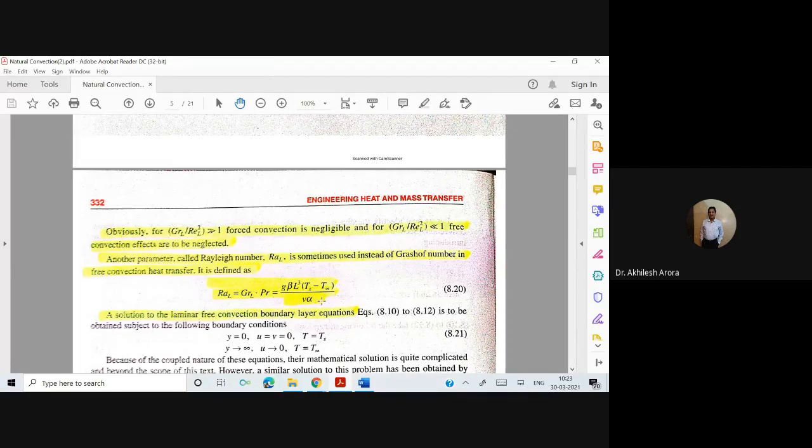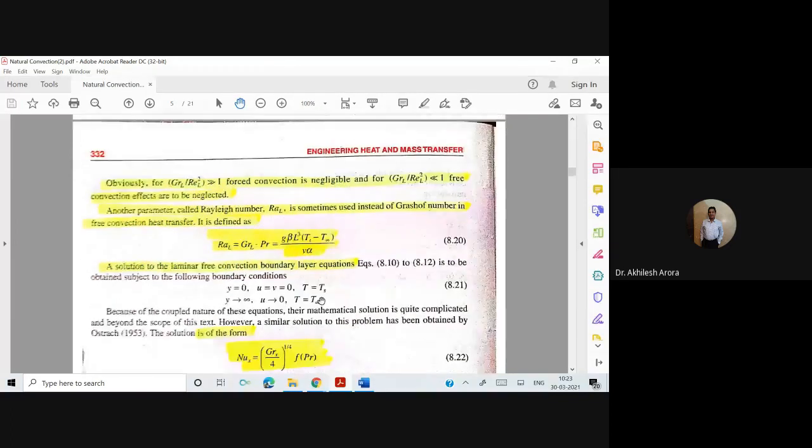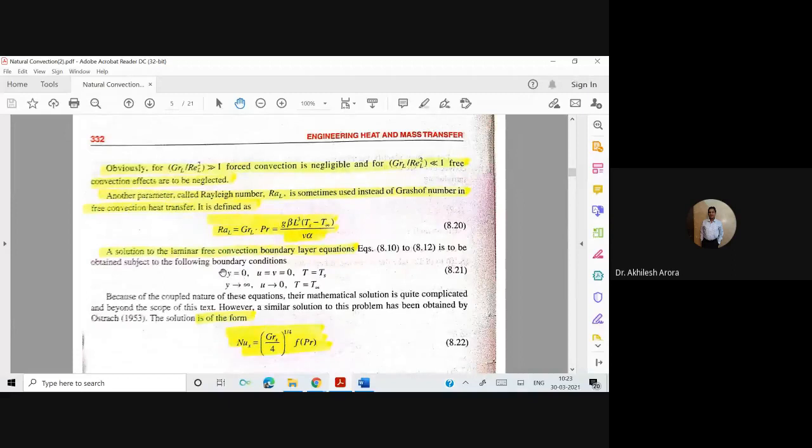Okay, so basically when we started with this topic, the book shows some derivation of the equations, and then there are certain solutions for which these boundary conditions are there. These are the boundary conditions, so don't worry about them. If you are studying heat transfer, you can think about this in a very simple manner.